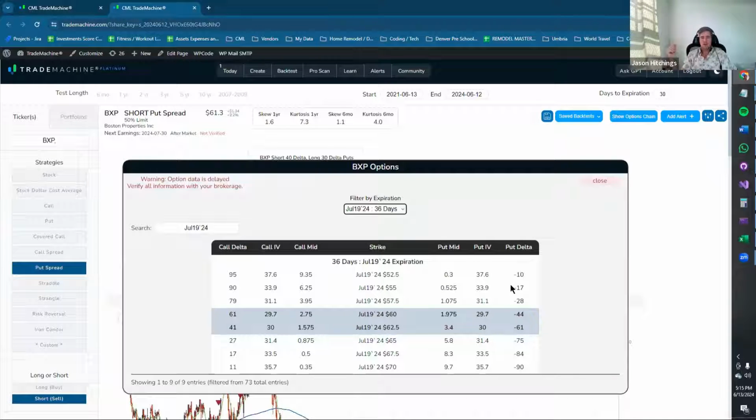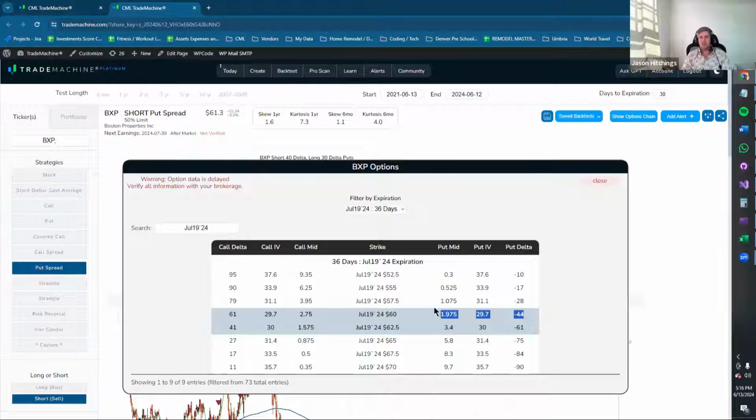the put spread. And so when you're selling puts, you're hoping that the stock does not go down. It doesn't have to go up much. If it goes up, that's great. But what you don't want it to do is go down. And so when we're selling the 40 delta, we're saying we're selling options that are puts that are a little bit out of the money, but we're not just going to be short puts, where if the stock drops down to 40 when we're short the 60 put, that would mean that someone can sell us the stock at 60 when the stock has dropped down to 40 and we'd have to pay 60. We don't want to take that unlimited risk. And so we're not just selling the 40s, we're going to buy the 30s as protection.